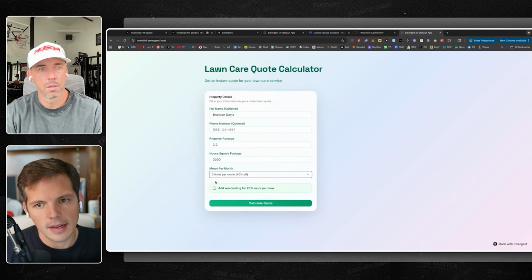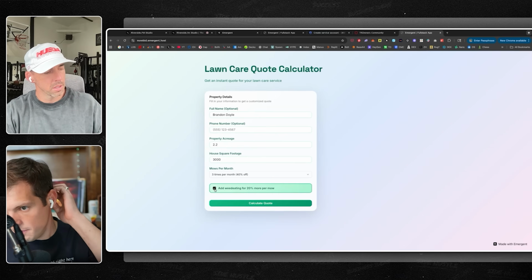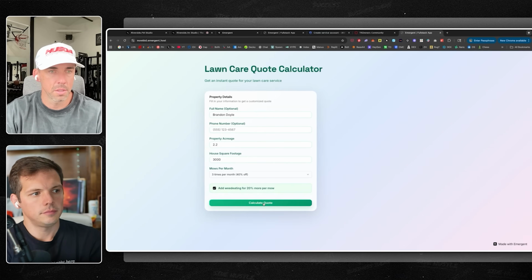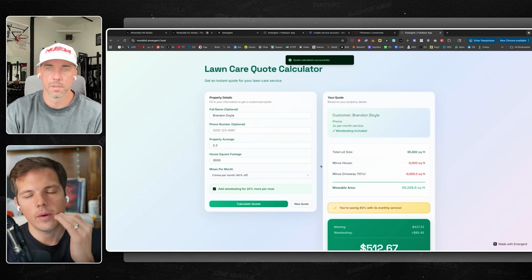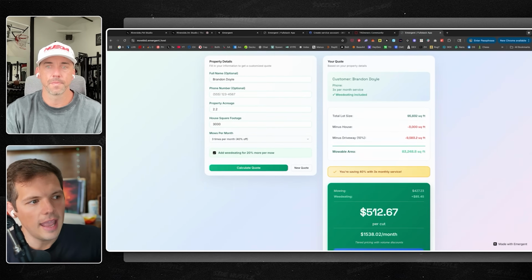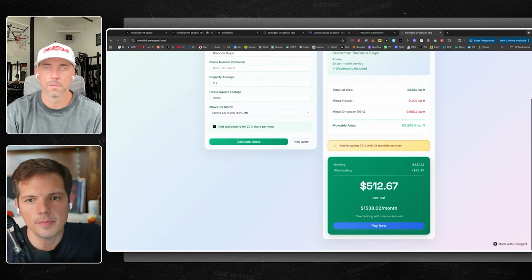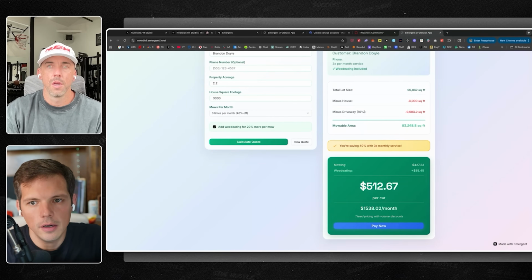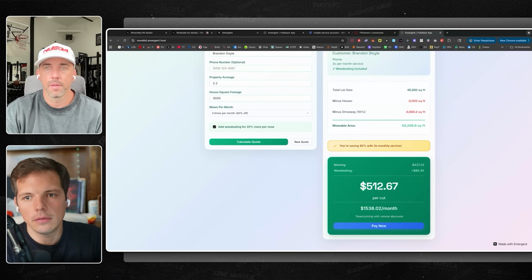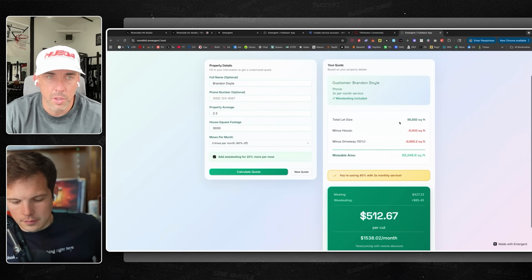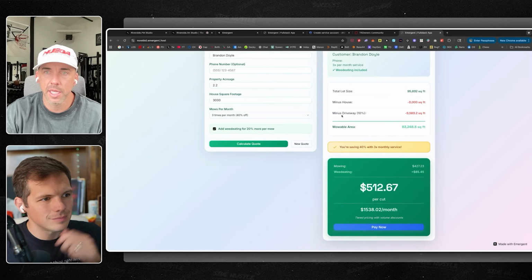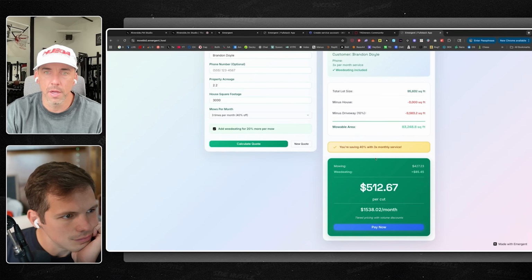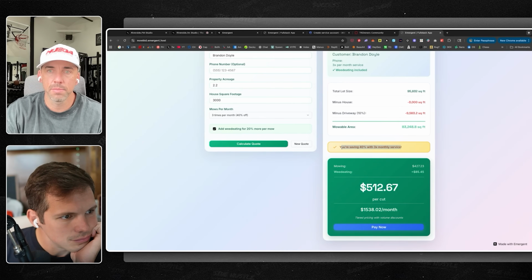I thought about that and I did not incorporate that into the math. So yeah, I don't even know. That's fair. I'm just curious. Okay. Calculate. Well, that's another trade-off, right? I could add that question in and I might get 5% fewer responses because there's more friction, you know? Right. But it could be a more accurate quote. Yeah. So I did do 2.2 acres. So it's obviously a big lot, takes away the house, takes away the driveway, mobile area, 40% with 3x monthly service.